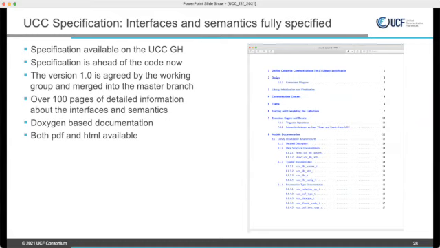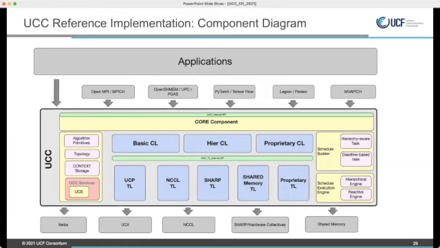And then jumping to implementation, this is the component diagram reflecting how our code is organized. I'll try to go very briefly. On the bottom are the transports. We support today UCX transport, NCCL transport, and hardware SHARP collectives transport. Abstracting these transports in the UCC code are UCP TL, NCCL TL, and SHARP TL.